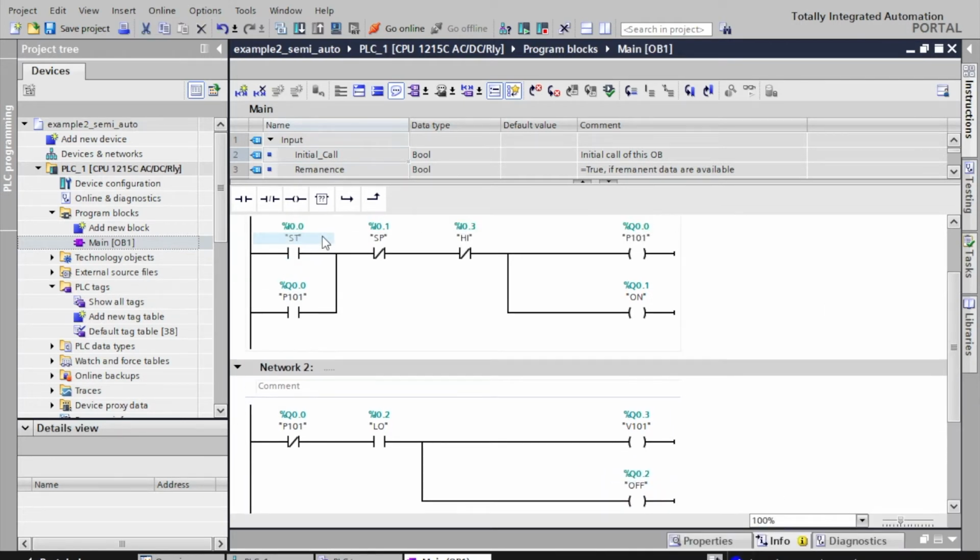Pressing the start push button will turn on the pump. As long as the liquid is not at the high level, the pump will fill the liquid in the tank, and as long as the pump is running, the on indicator will show on status. And when the tank is full,